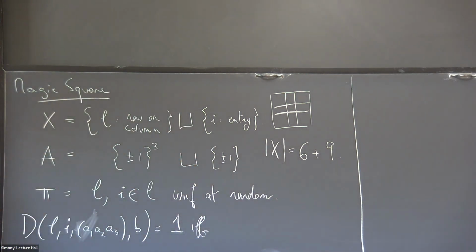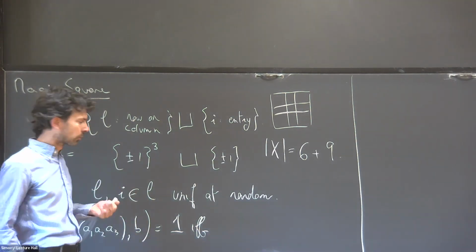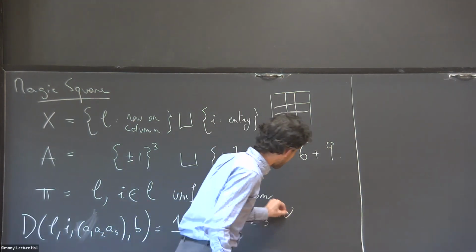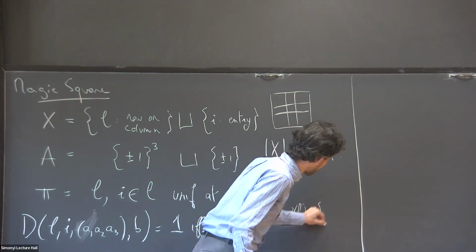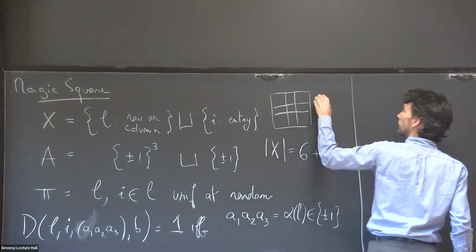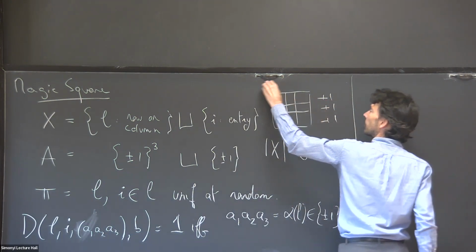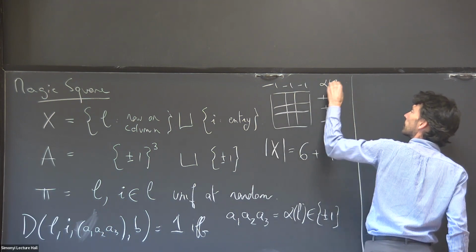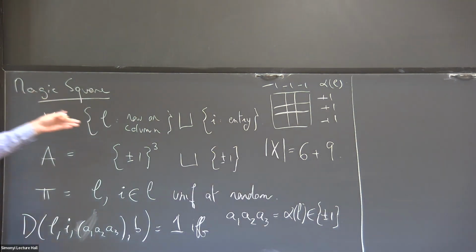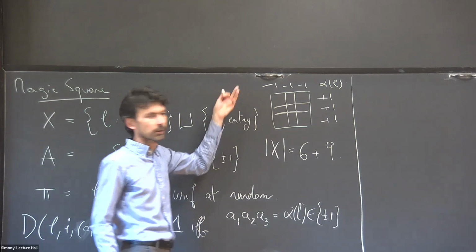So when do you win in this game? There are 2 conditions. One is that the parity of the 3 answer bits associated with the line should be a certain value that depends on whether the line was a row or a column. So the product A1, A2, A3 is supposed to be some number, alpha, that depends on the line, plus or minus 1. And I'll write it on the picture. For the rows, we want plus 1, and for the columns, we want minus 1. So whenever your question is a line, you have to return 3 bits, and the parity of these 3 bits should be plus 1 or minus 1 if it's a row or column.